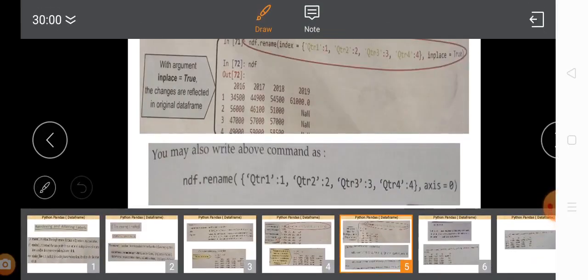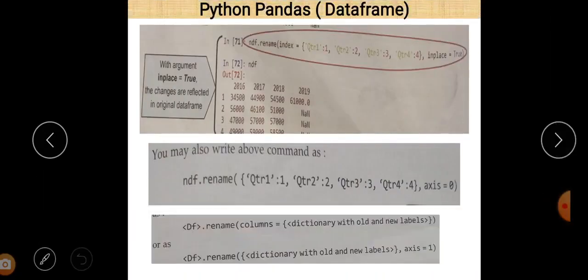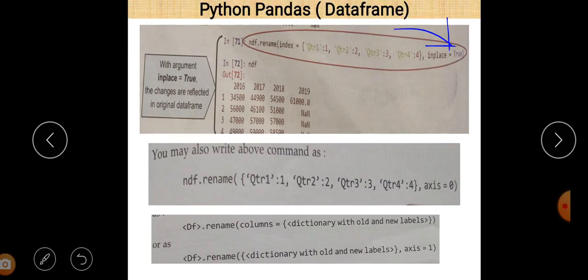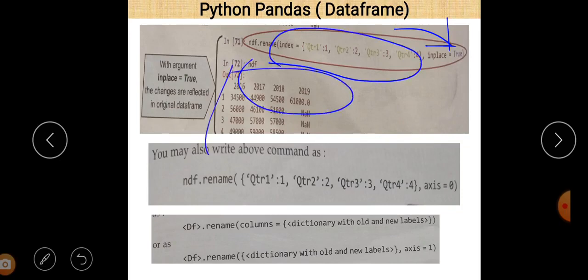Okay, 1, 2, 3, 4 is also there. So that is the role of inplace. When you write inplace is equal to True, that means whatever change is applied is applied to the data frame here. You can easily see that 1, 2, 3, 4.